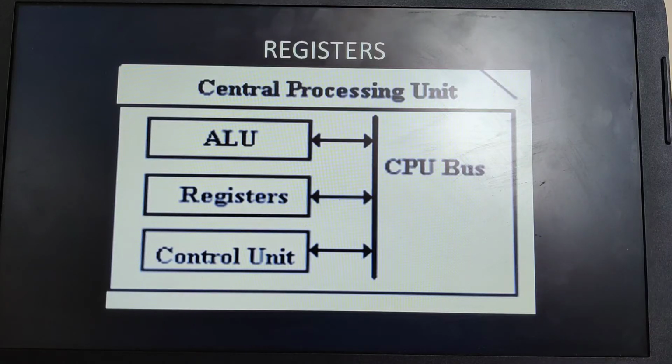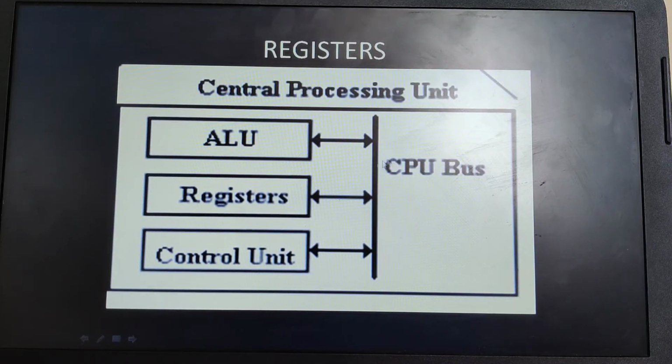Since the CPU makes use of registers for processing data, the number of registers present in the CPU and the size of each register directly affect the power and speed of the CPU. The more registers you have, and the more capacity they have, the higher the processing speed will be. If the processing speed of your system is high, your computer can execute more instructions per second. So this is all about the registers.